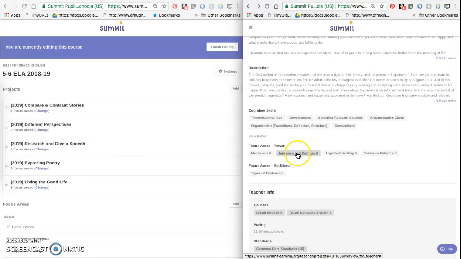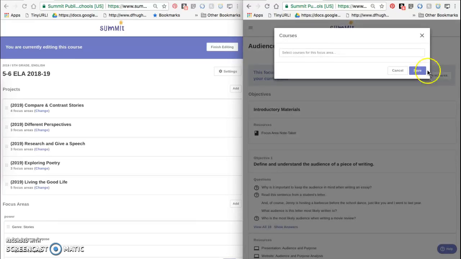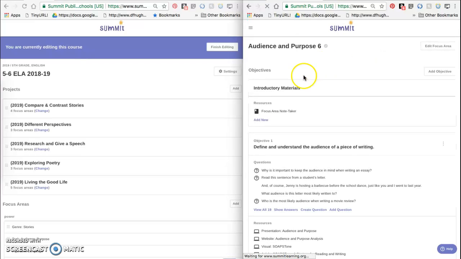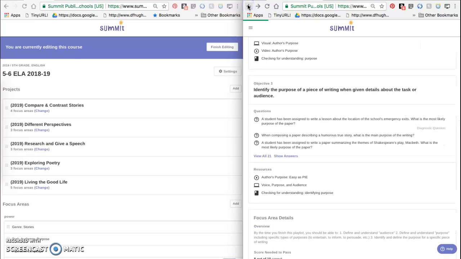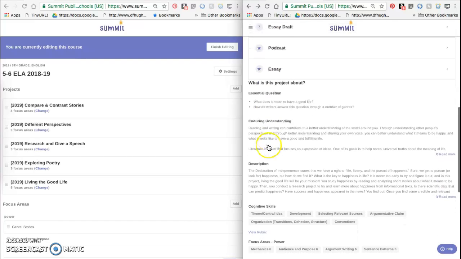Come down the focus areas, click on the next one, click copy focus area, choose the course we're copying it for, click save. And then we're just going to use the back button to get back to that base curriculum version of the project and continue that process. I'm going to pause the video until I've copied all of these focus areas